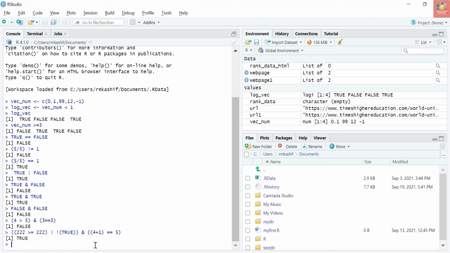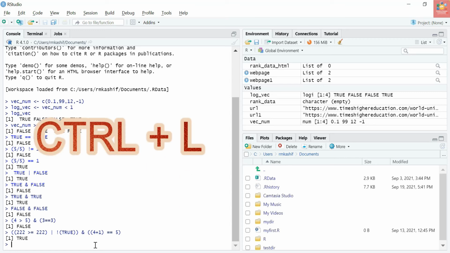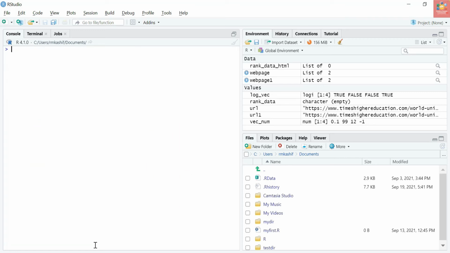For logical vectors, let's move on to learn character vectors in R with some examples. Let me just press Ctrl plus L to clear this all. Another common type of vector in R is character vectors, which are distinguished by putting double quotes around them.